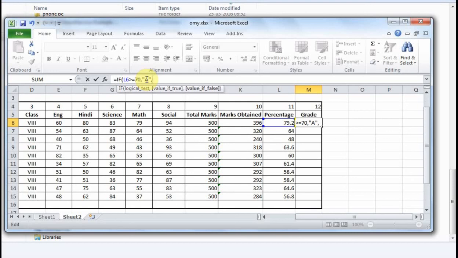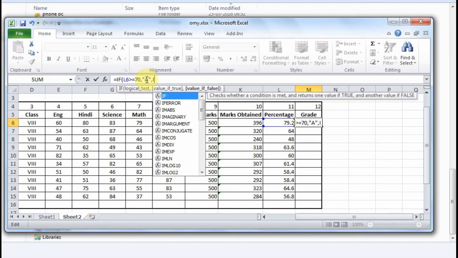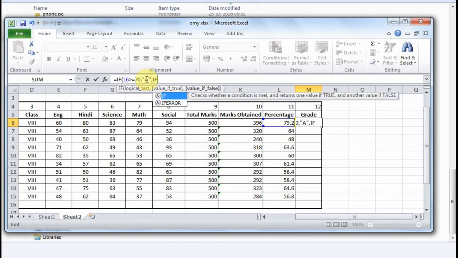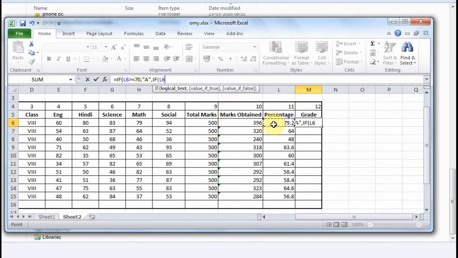The false value is what? Inside, a nested if. Next, B grade. For B grade, if again percentage greater than or equal to 60, comma. Same way you have to repeat it. This is B grade.